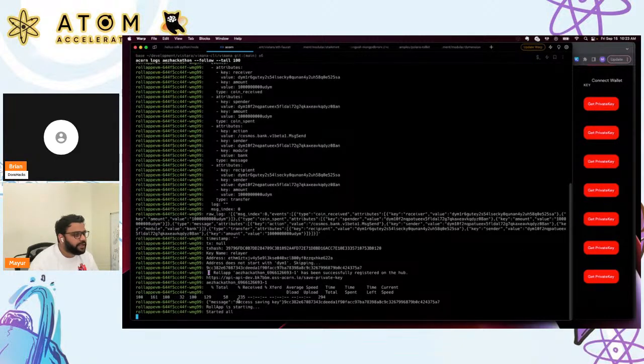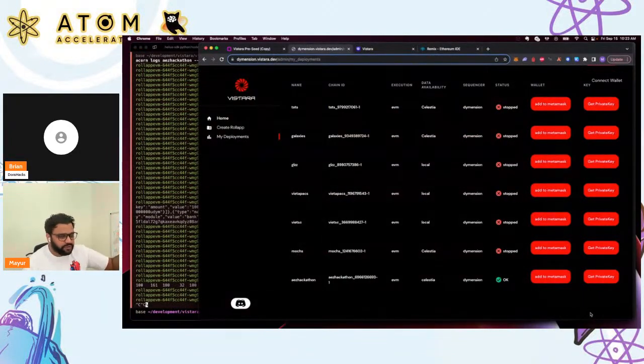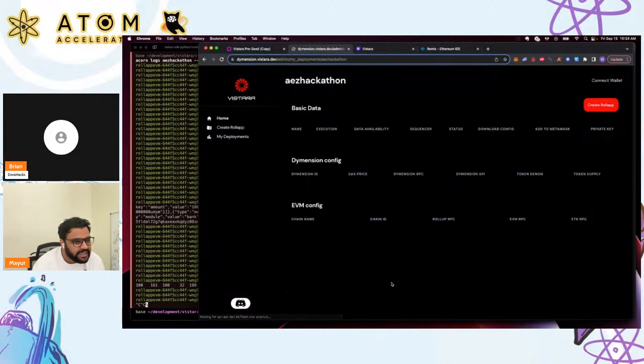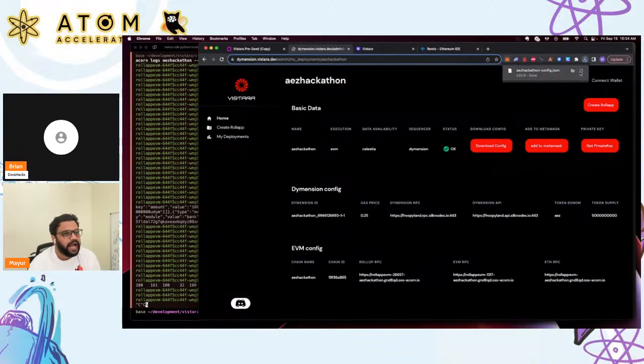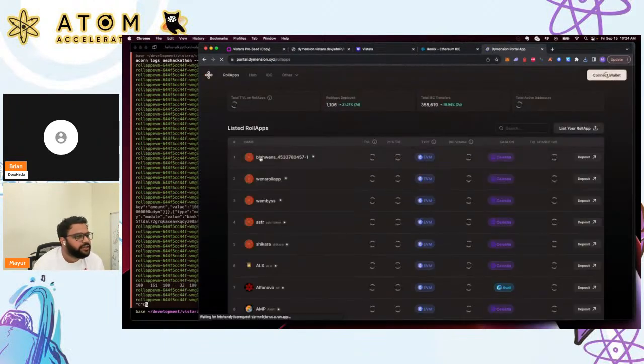As you can see, it's basically funding a lot of the wallets that we have, funding them through Celestia. As you can see, it literally just took 40 seconds, I'm going to say, but I thought maybe it was like 45 seconds. So that's fine. If we go into the details, we can download a config that shows some more information that you can use to add yourself into the portal of Dimension Hub, where you can go into portal.dimension XYZ, and then you can add your rollup.